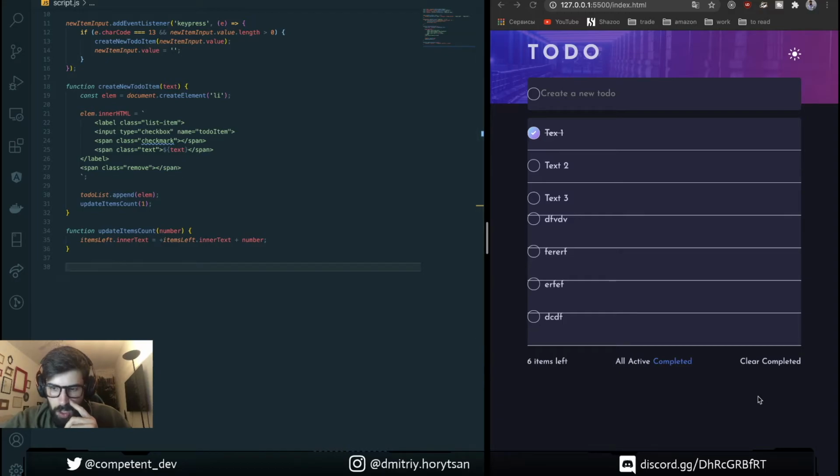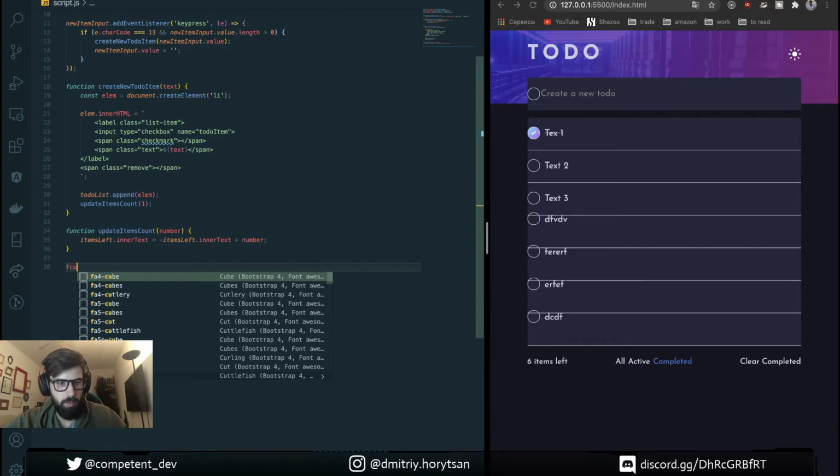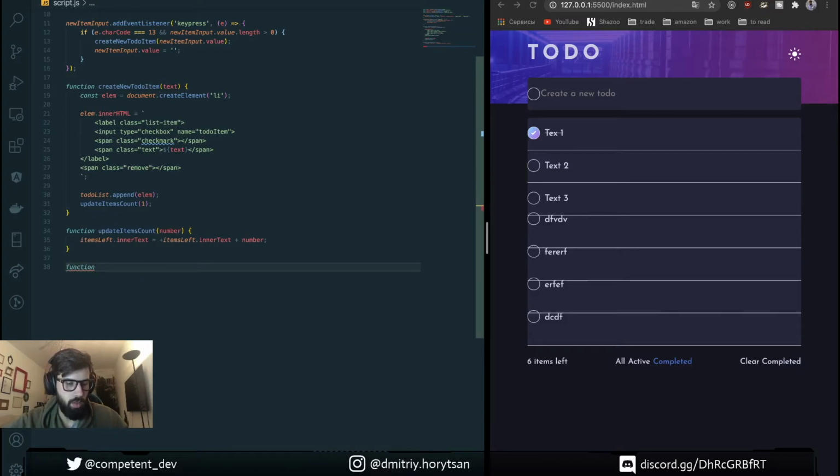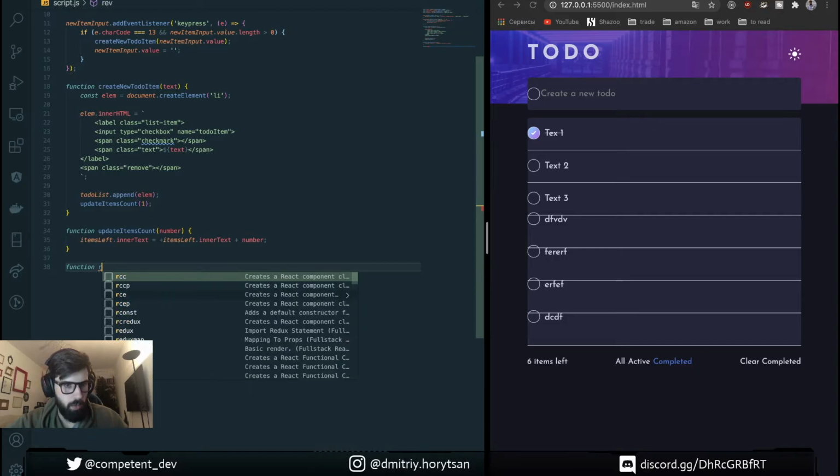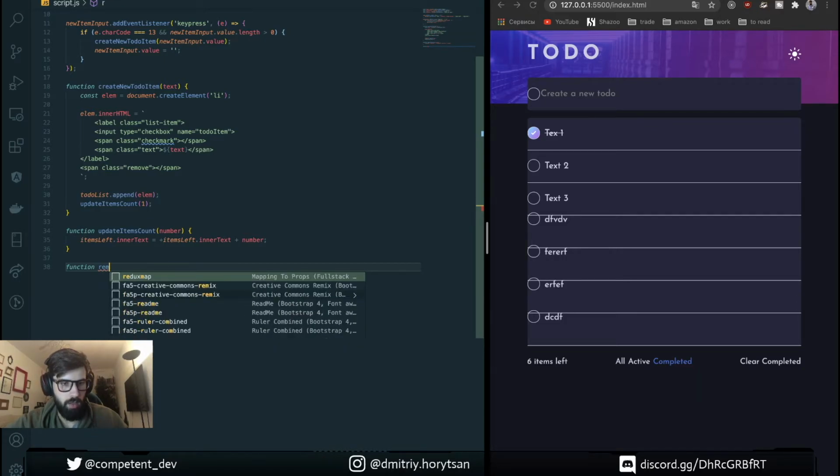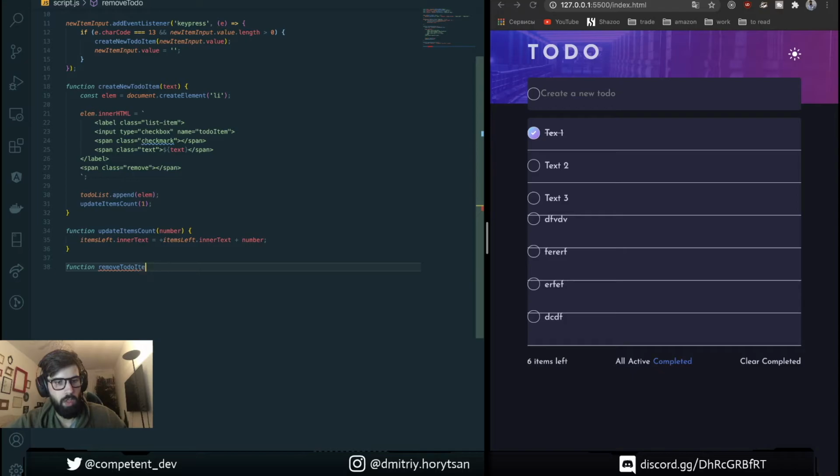But also for clear completed we will need remove, so we just need to create one function which is gonna remove the item and decrease the count by one.